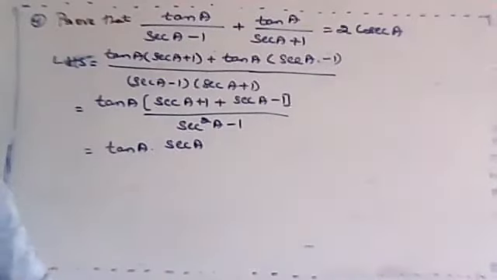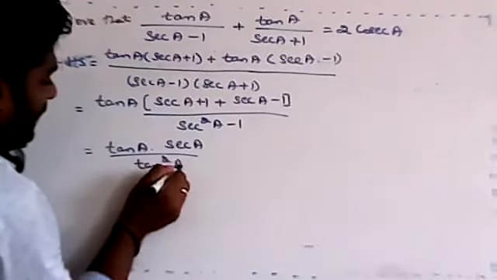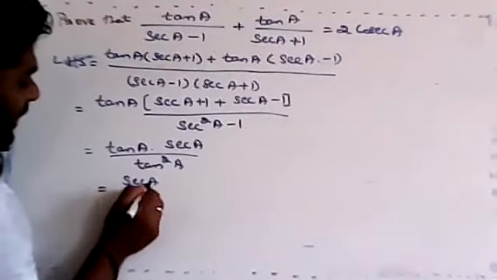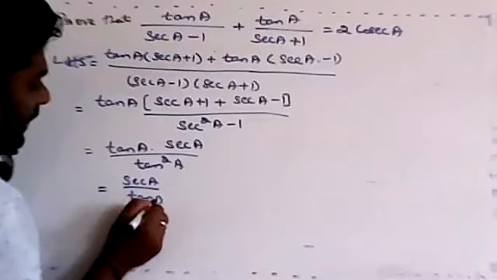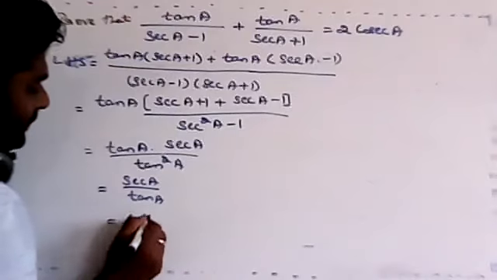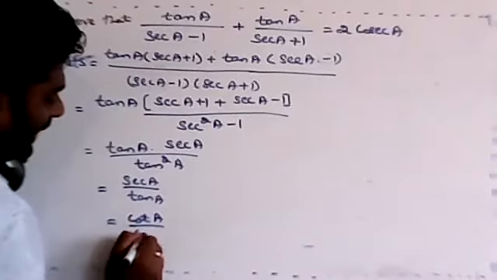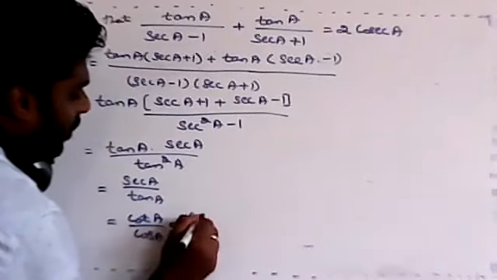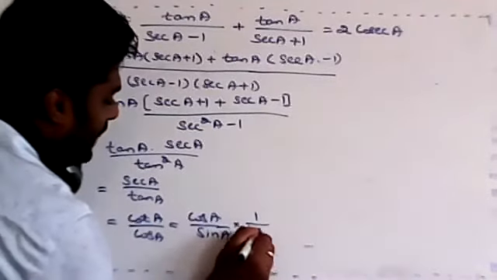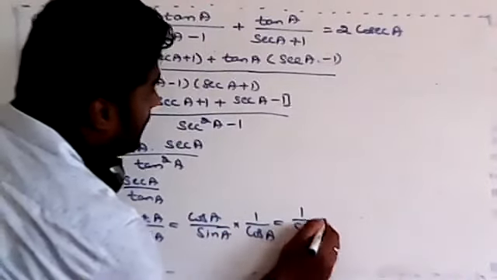Yes, good Anirudh. Tan square A. So we are writing that one as tan square A. Then one tan and tan get cancelled. Can I write? Remaining is what? Secant of A divided by what? Tan of A. Or we can write 1 by tan is a cot. Correct or not? Cot. And secant we can write as what? Cos. So or directly you can solve this one. Cot means what? Cos A by sine A, and this one 1 by cos A as it is, both get cancelled. Remaining is 1 by sine of A, that is nothing but what?